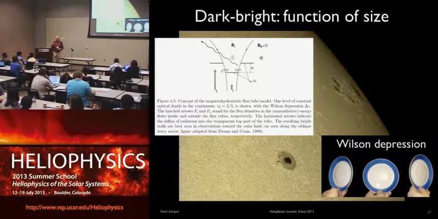Now, this leaves me with the question, these tiny concentrations are bright. Why are the tiny concentrations bright? That's a slightly tougher question. Now, for this spot near disk center, we're looking straight into the dark bit. Now imagine that you're looking at it from that angle. What are you seeing? If it's small compared to its depth, what are you looking at? The wall. You're not looking at the bottom, you're looking at the wall.